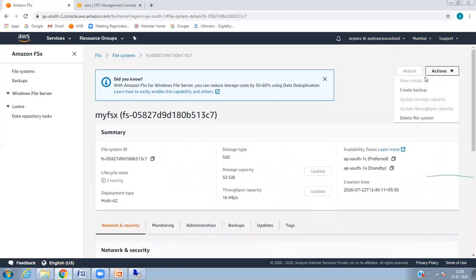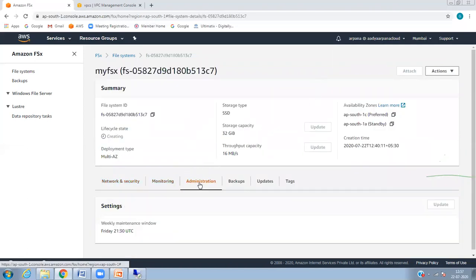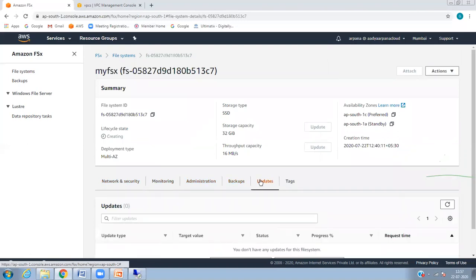I have created a file system, but it is creating. Once it is created, definitely we can attach it. Once we attach, we will get a drive letter. For example, /fs followed by the path, and you have to map that. Once you map that, you can do it.